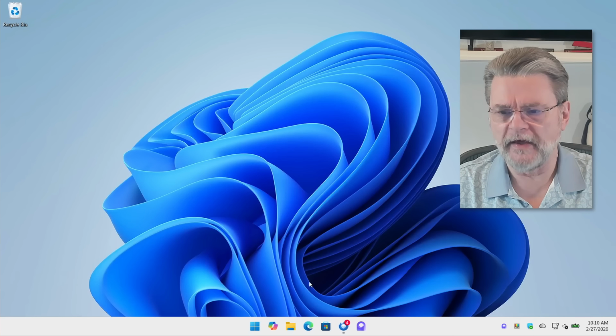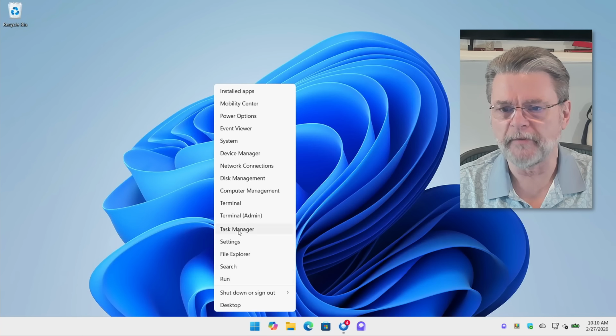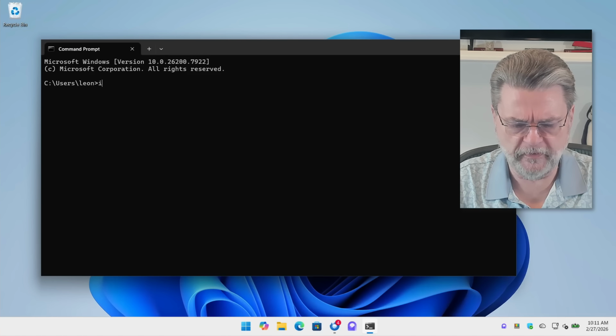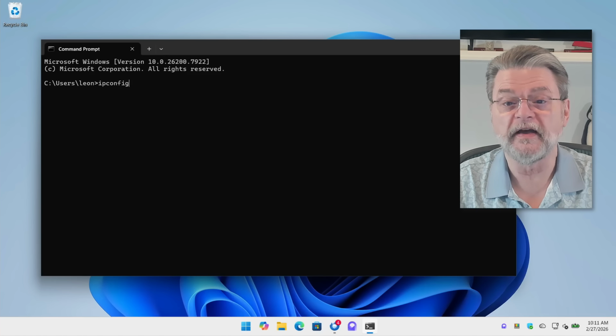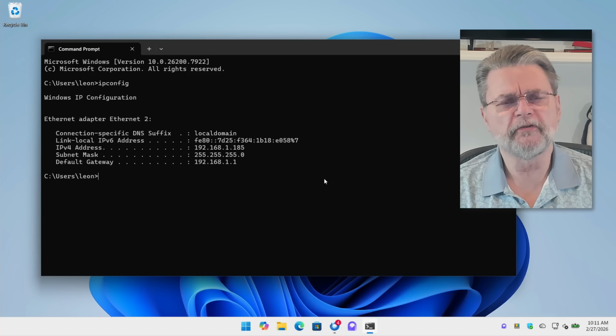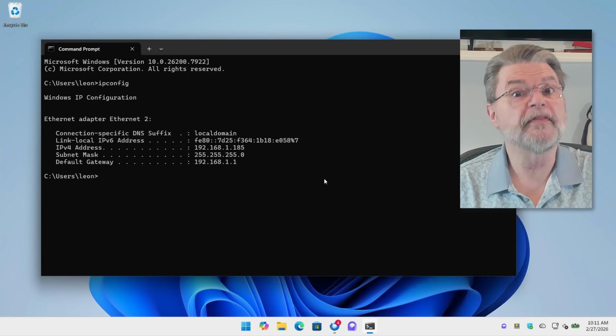We're going to do that by running Windows command prompt and running the command ipconfig. One of the things included is the IPv4 address. In this case, 192.168.1.185. We need to know this simply so that we can filter it out from some of the other results